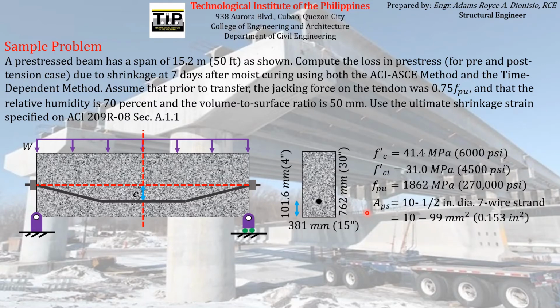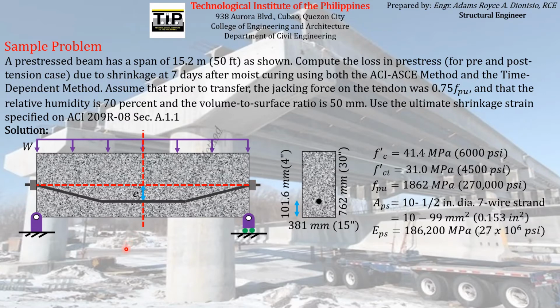FPU, APS, and then EPS. So those are the other parameters given. The FC prime, which is the compressive strength at 28 days, FCI prime, which is the compressive strength at transfer, FPU, the ultimate strength of the pre-stressing reinforcement, APS, the area of the pre-stressing reinforcement, and EPS, the modulus of elasticity of the pre-stressing reinforcement. So without further ado, let's compute for the pre-stress loss due to shrinkage for the case of pre-tension